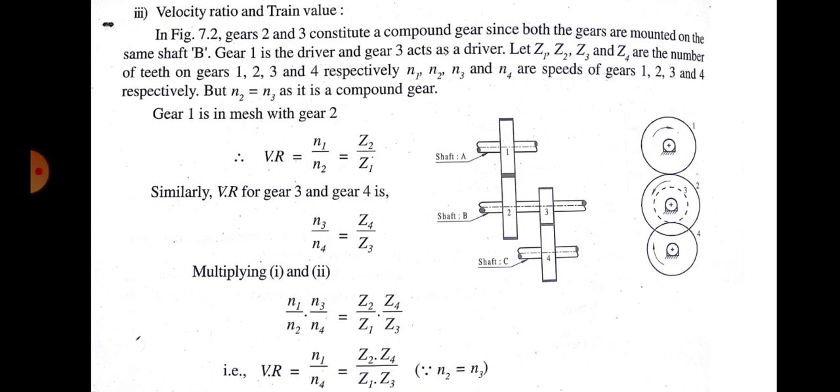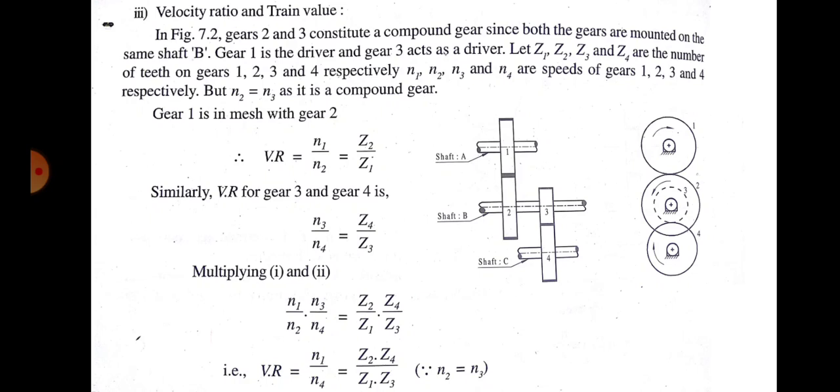Got it? Because the number of the teeth can be different. We don't know that z2 and z3 will have same teeth. That can be different, isn't it? Speed will be same, but the number of teeth can be different. So if you observe carefully, if there are compound gears, n1 by n4 will be equal to z2 into z4 divided by z1 into z3. So suppose if there were more number of intermediate gears in between, then it will be all z2, z4, z6 divided by z1, z3, z5, and so on. Okay, in this case only 4 are there, so z2 into z4 divided by z1 into z3.